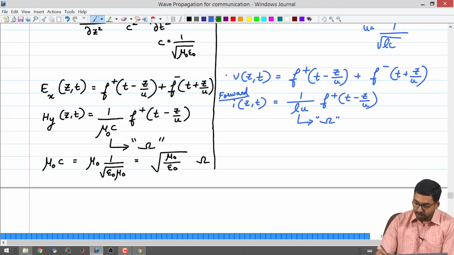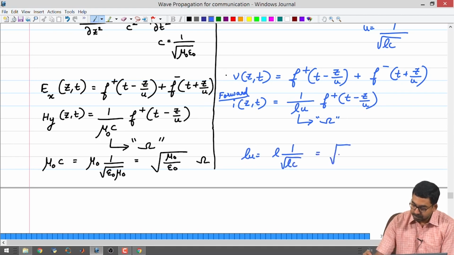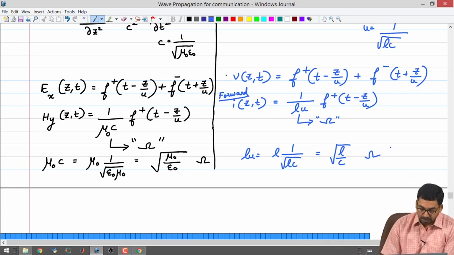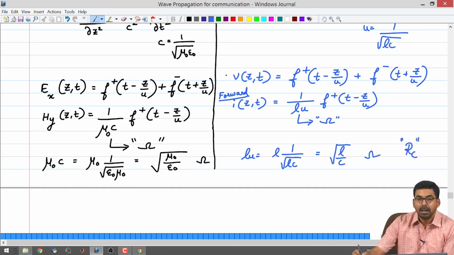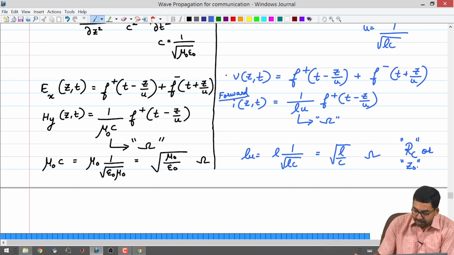On the right hand side you had this to be L, so it is going to be L times 1 by square root LC, which is square root of L by C. We called it characteristic resistance. So, we denoted it with RC in the beginning lectures. Later on, we also used Z naught. So, I will just put RC or Z naught. When we talk about RC or Z naught, we are talking about characteristic impedance of a